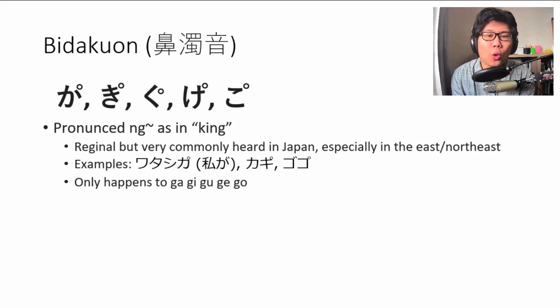And this only happened to ga, gi, gu, ge, go, and that's why these kanas are being used for nasal sounds. The examples here are pronounced watashi ga, kagi, go. There are more rules to when this can happen. For example, it never happens in the beginning of a word, but it's kind of beyond the scope of this